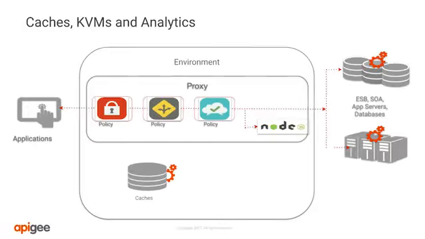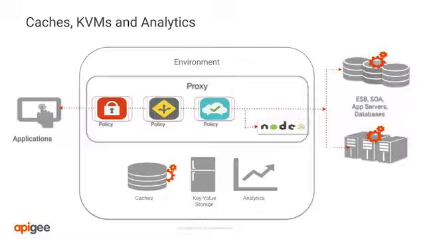Earlier, we talked about Apigee orgs and environments. Let's discuss some more items that can be included within an Apigee environment. An environment can also have caches, key value maps, and analytics data. A cache in Apigee allows you to store data that needs to be accessed quickly and frequently. The benefits of caching are to reduce latency and also to limit the requests sent to your backend servers. A key value map is typically used to store configuration data that doesn't change frequently.